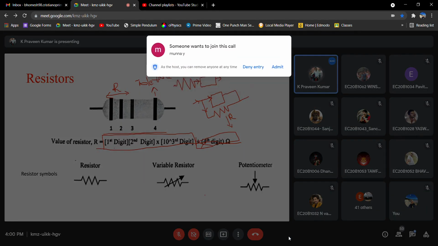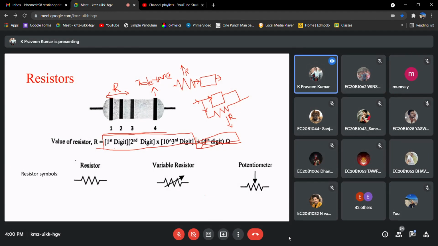Yes, Vinny? There is a difference, sir. What is the difference? We can change the resistance in a variable resistor. Whereas a potentiometer, it won't change. Sir, in a variable resistor, I think it is based on a particular function. It will change by itself.